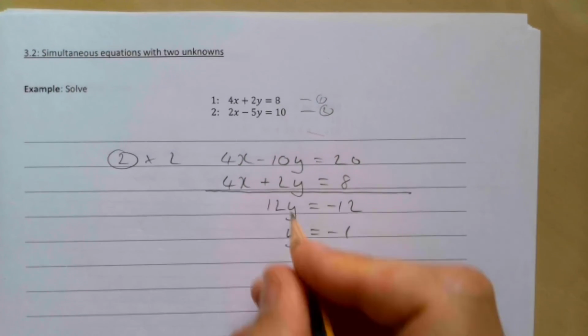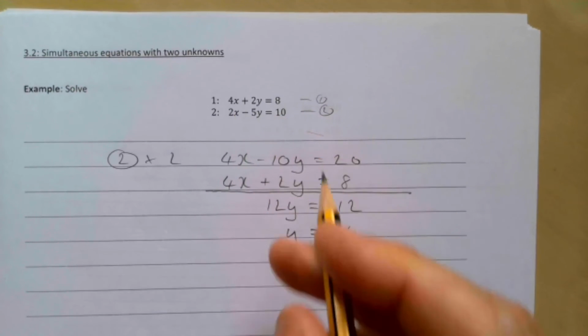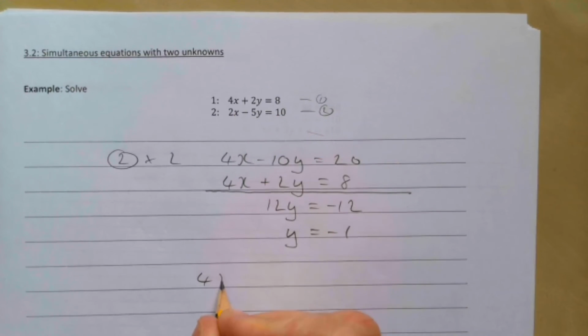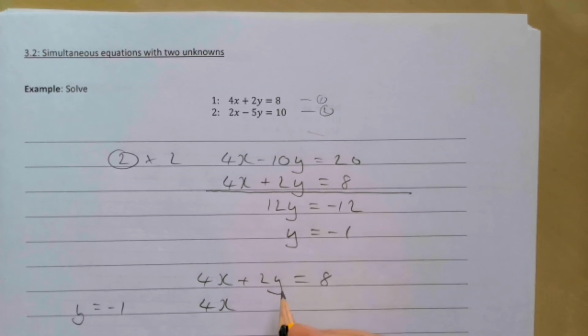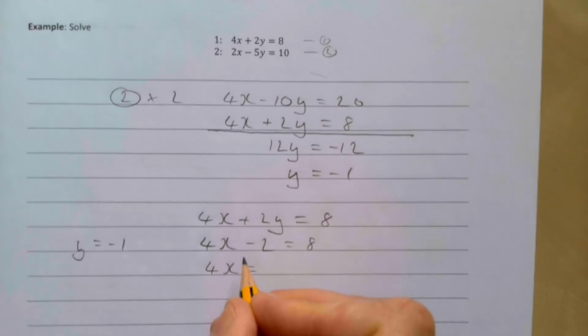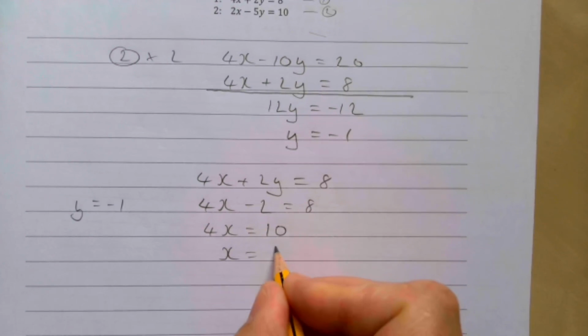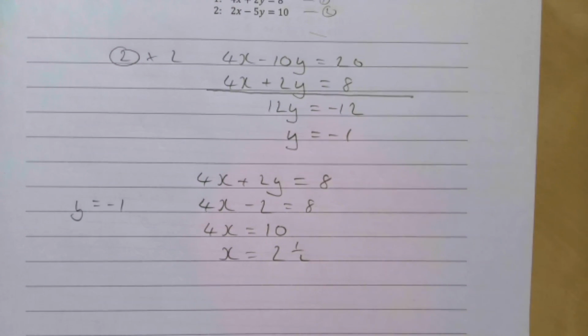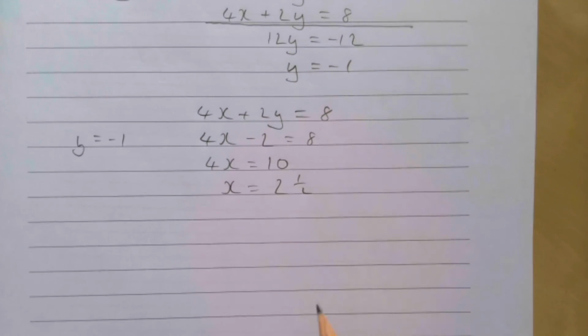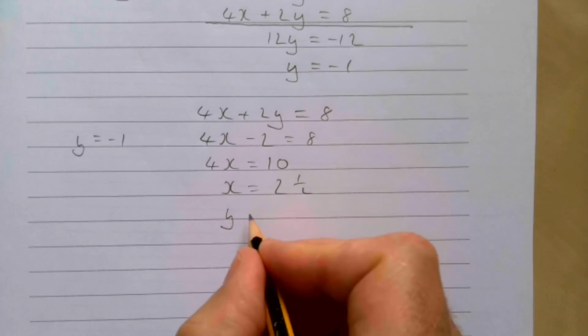Substituting it back in, so I would substitute it into this one here, because there's no minuses. 4x + 2y = 8. We know y is minus 1. That gives me 4x - 2 = 8. That gives me 4x. Add 2 to both sides is 10, and x then is 2.5. So my final answer then was x is 2.5 and y